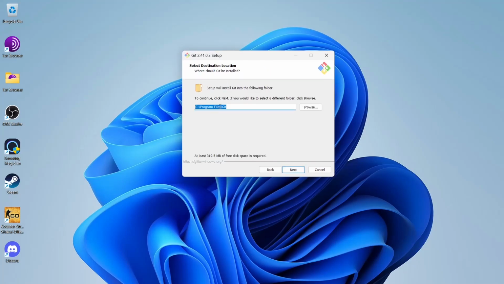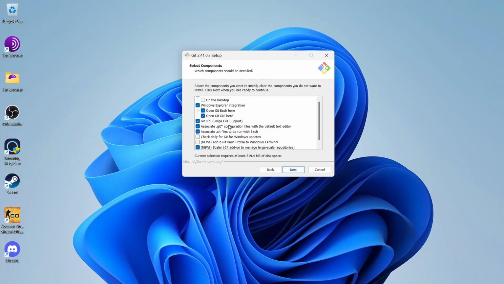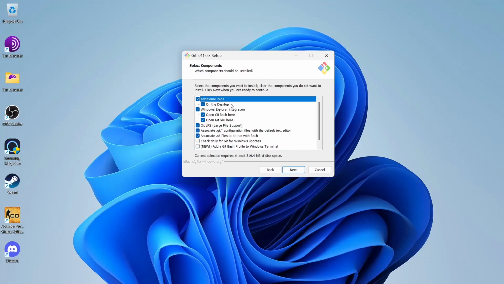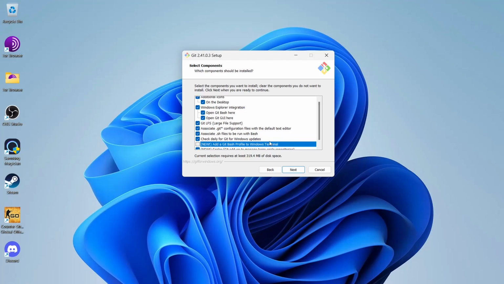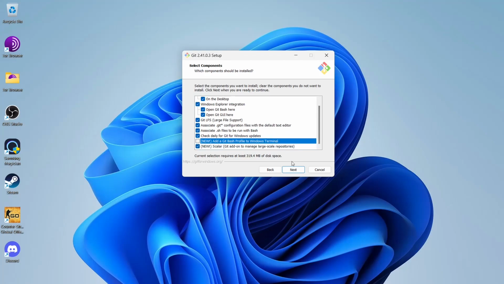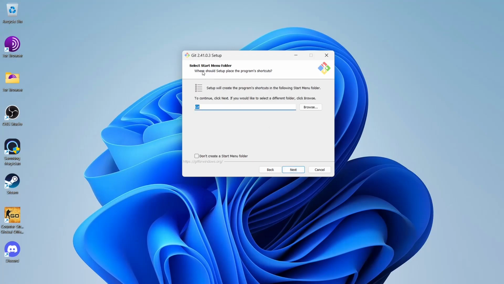Let's click on Next. I'm going with the same destination folder as suggested by the setup, and I will create additional icons on the desktop. I will not check for... okay, let's check for daily updates. And I'm not using the profile because I will assign a new profile to it. So click on Next, and for the Start Menu, okay, I will not create a Start Menu folder,